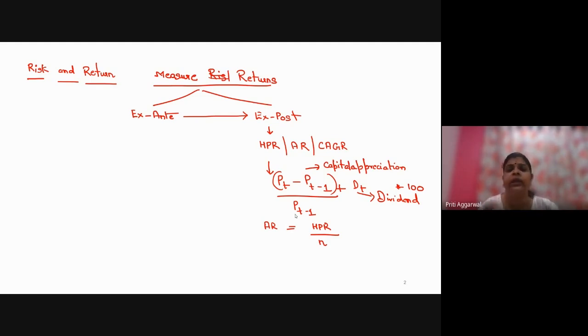When I calculate the holding period return, it is called ex post return. And this ex post return helps me to determine my ex ante returns, right? And that is called your expected returns. Right, friends? Expected returns, and we calculate our expected returns with the help of something called the mean,